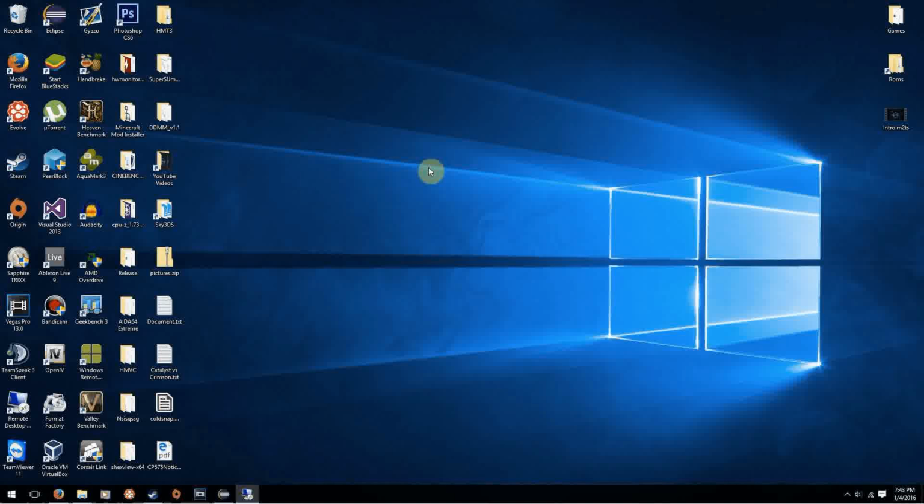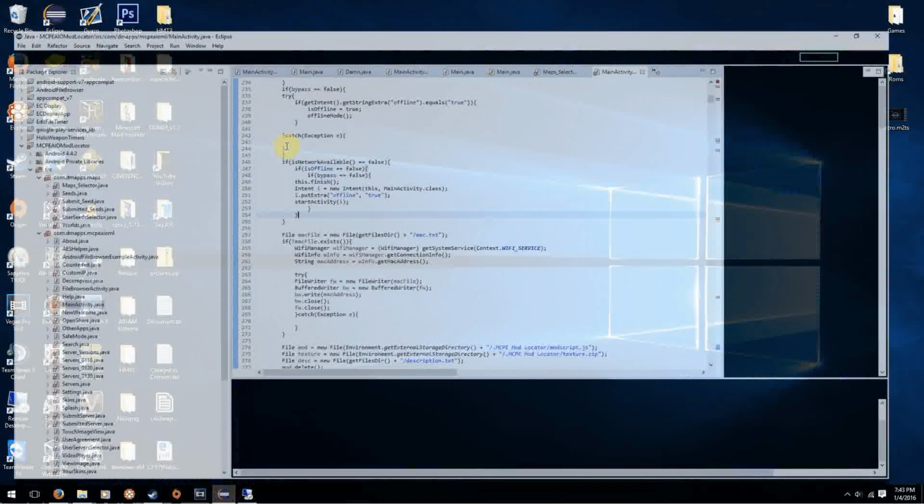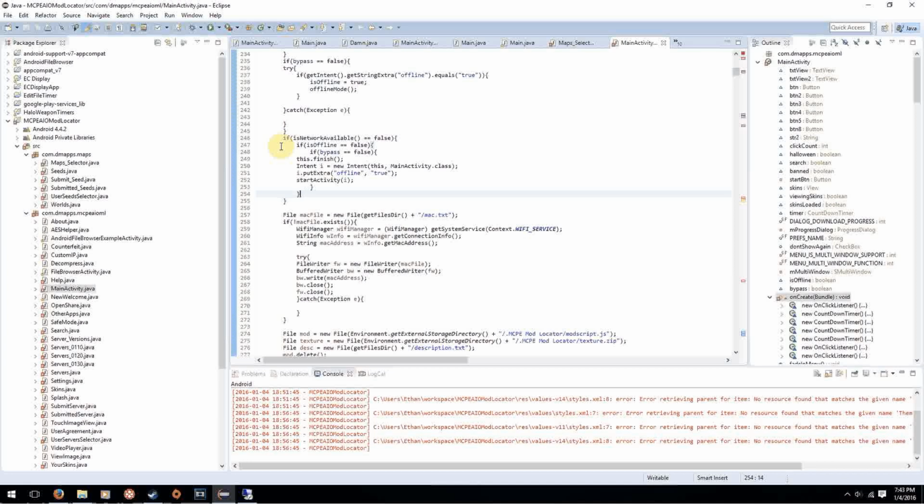Next one is, what do you use to make your app? And for this app at least, I use Eclipse, and I'll bring it up right here. Eclipse is a really popular Java IDE or compiler, whatever you want to call it. And a long time ago, when Android programming, app development was starting out, Google made the ADT plugin, Android Development Toolkit plugin for Eclipse, so you can make Android apps with Eclipse. And that has been like the main way to make apps up until quite recently when they released Android Studio. So if you're going to be making apps, go with Android Studio over Eclipse. The problem is transferring the app over to Android Studio really didn't work out that well. So my new apps are going to be made with Android Studio, but this one I'm going to continue using